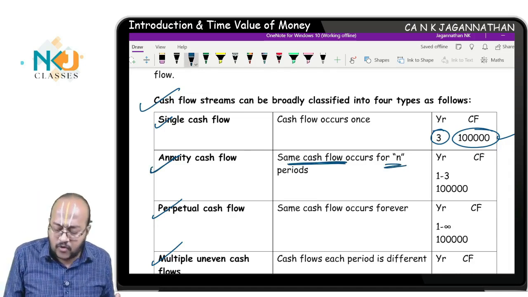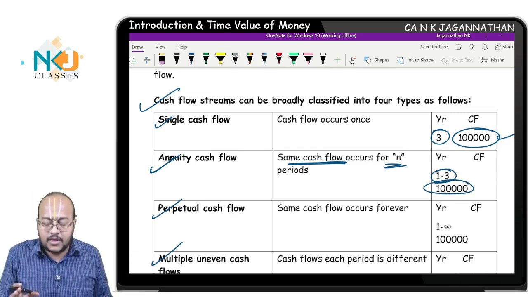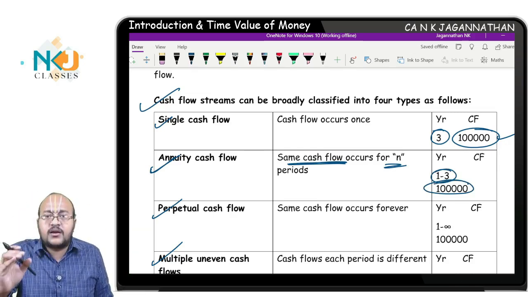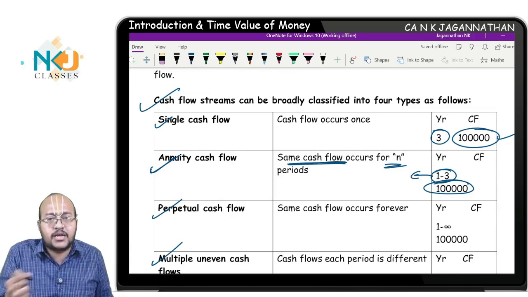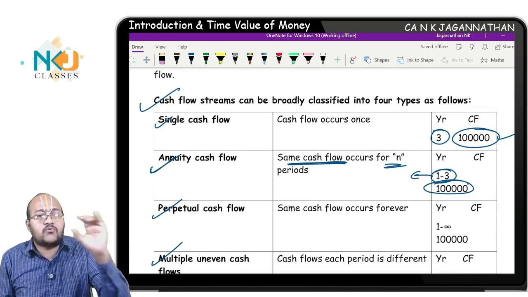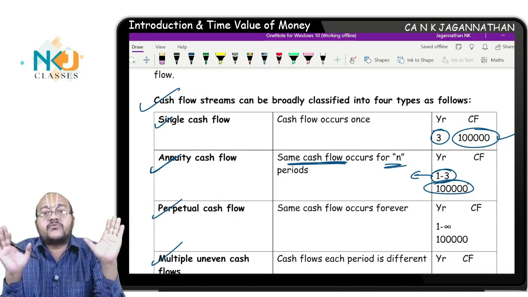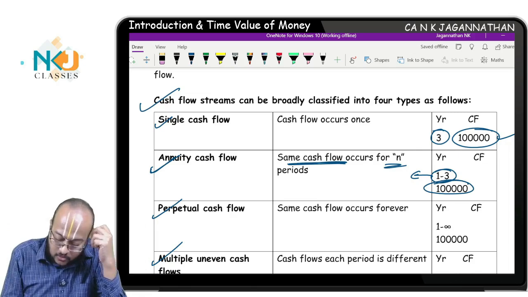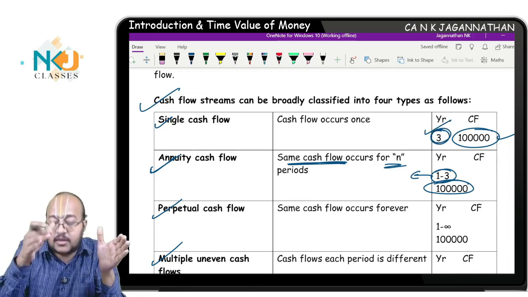Very simple. Year 1 to 3, if you are going to receive or pay, assume 1 lakh rupees, which means every year. See, in our subject, wherever it does not specifically mention that you are going to receive at the beginning of the year, we generally assume for year 1 to 3 that the cash flow will be received at the end of the period only. Very simple. Now here in this case, year 3 we have given. What do you mean by that? At the end of year 3 you are going to receive 1 lakh.